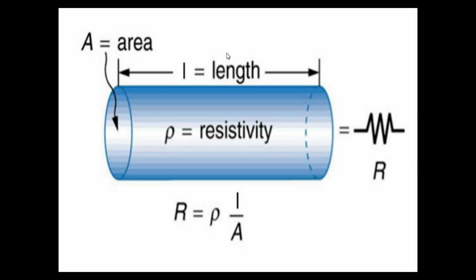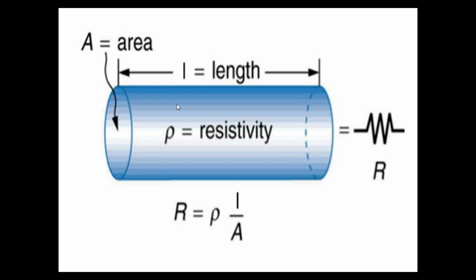But before going to that topic, we must clear one concept, that is R, which is the resistance of a conductor, is equal to rho into L divided by A, where rho is the resistivity of that particular conductive material, L is the length of the conductor, and A is the cross-sectional area of this particular conductor. So what is rho? Rho is actually a constant value depending on the material that we are using as a conductor, either it's copper or aluminium or tin or whatsoever you are using. Depending on that, rho is a constant value.